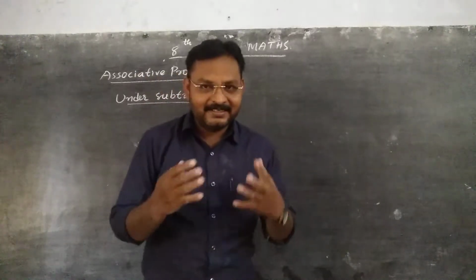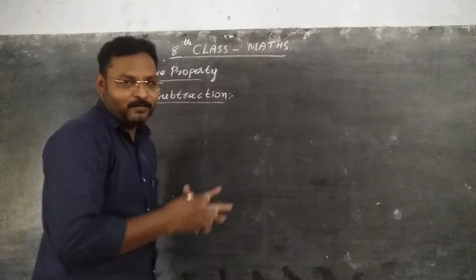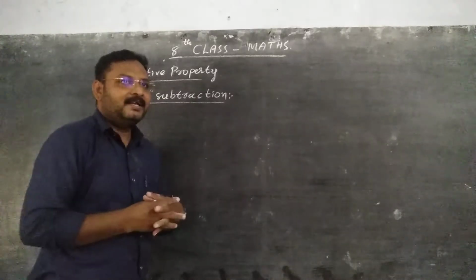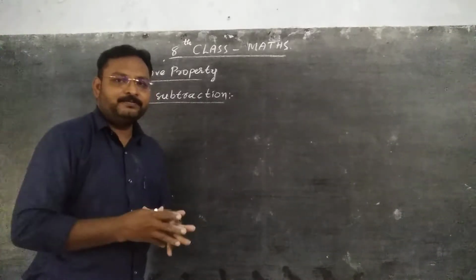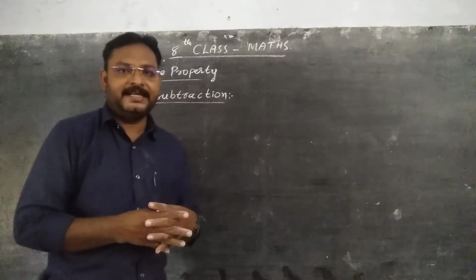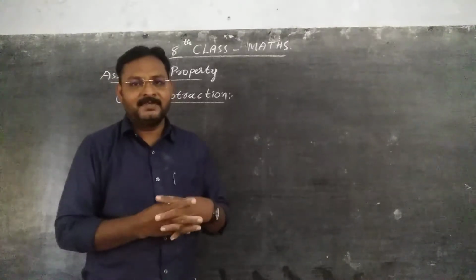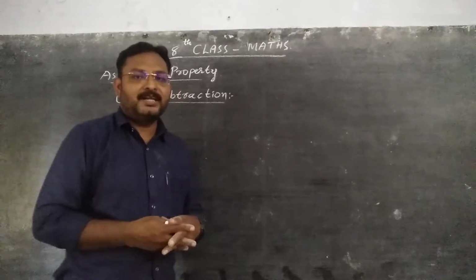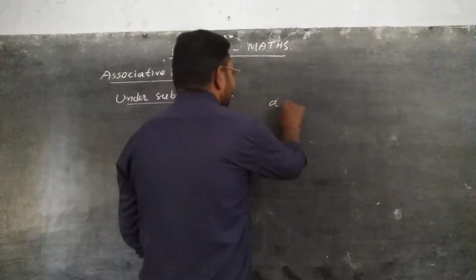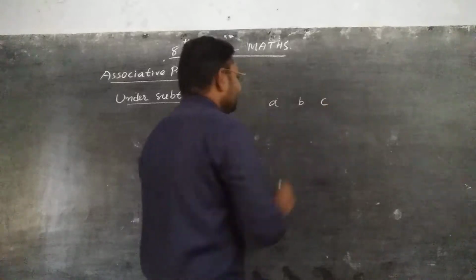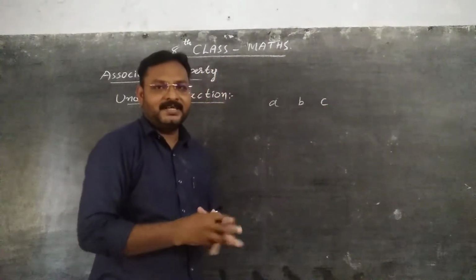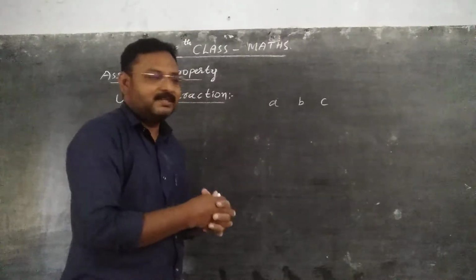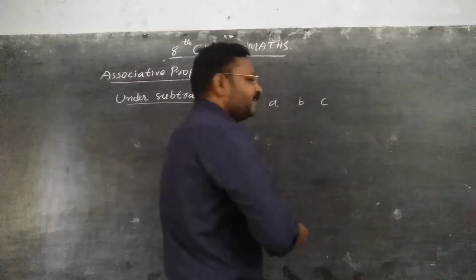Okay, now listen everyone and look at the board. Firstly, associative property. In the previous video I discussed associative property under addition. In associative property we have to take 3 rational numbers, for example A, B, C. These are the 3 rational numbers. And under subtraction,